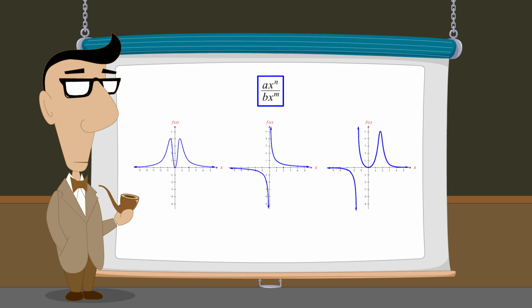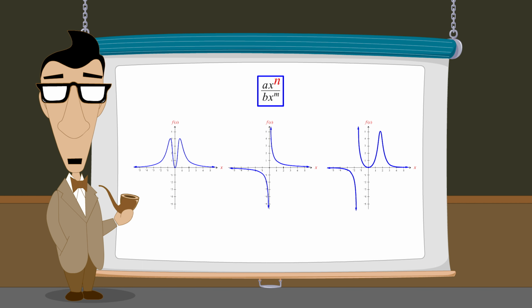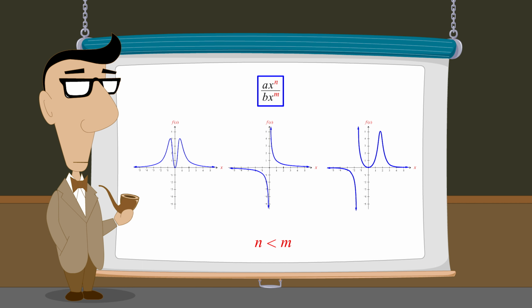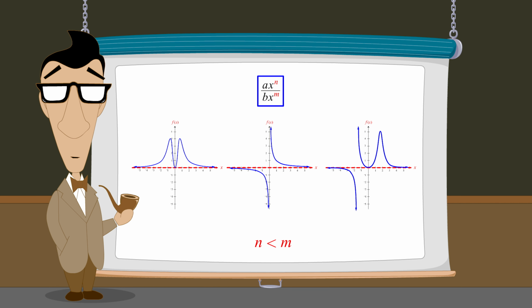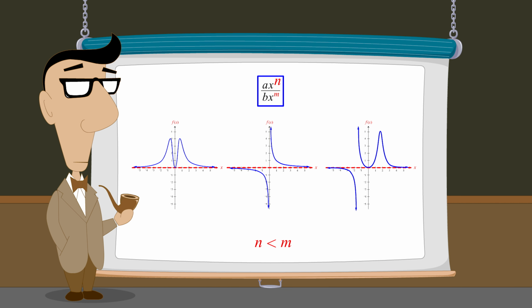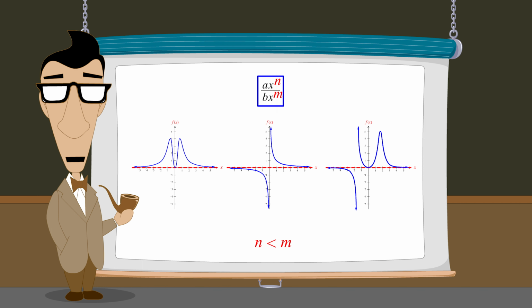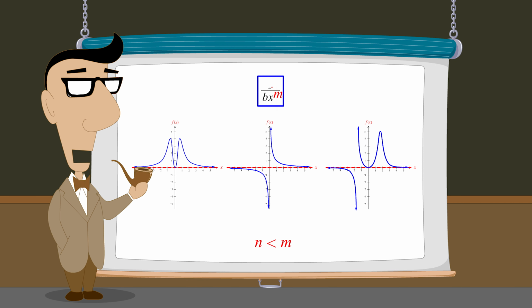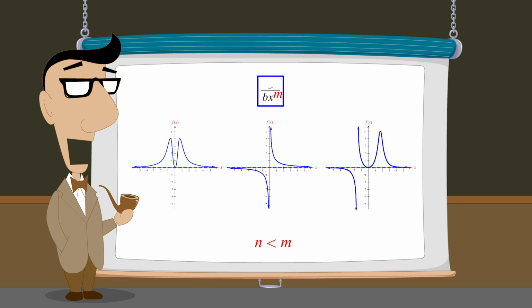In each of these examples, since the exponent of the numerator's leading term was less than the exponent of the denominator's leading term, these functions all had horizontal asymptotes located on the x-axis. This happens because when the largest exponent of the numerator is less than the largest exponent of the denominator, as the value of x grows, the numerator's value grows much more slowly than the denominator's value. And so, for large values of x, the rational function's value approaches 0.